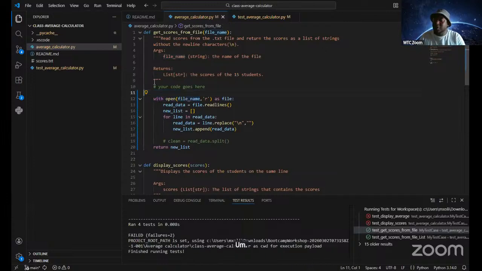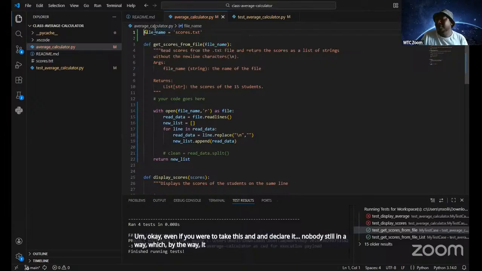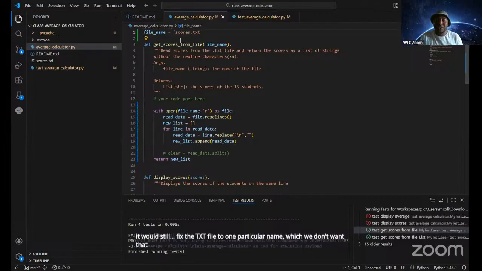Even if you were to take this and declare it globally, which by the way makes the parameter null and void, it would still fix the txt file to one particular name, which we don't want. We want our function to be reusable.